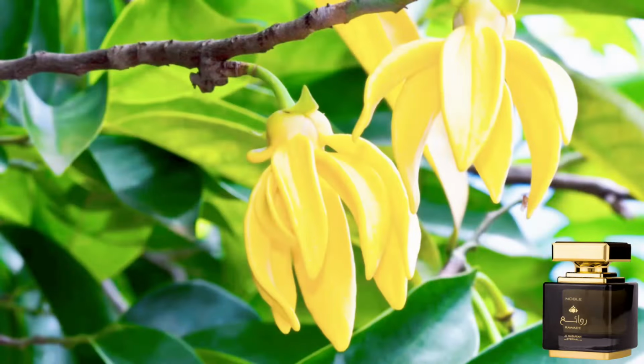Just say they did not list the mango as a singular note, and they did not list the pineapple as a singular note. You probably would think this is passion fruit, period. There's also that yellow floral in that mid, which is the ylang. The ylang in this case is just fusing with everything. It's not becoming the star of the show because of the heavyweight use of that mango as well as the pineapple, which, as I said, comes across as very passion fruity there, very like a tropical mix, very thick, concentrated,